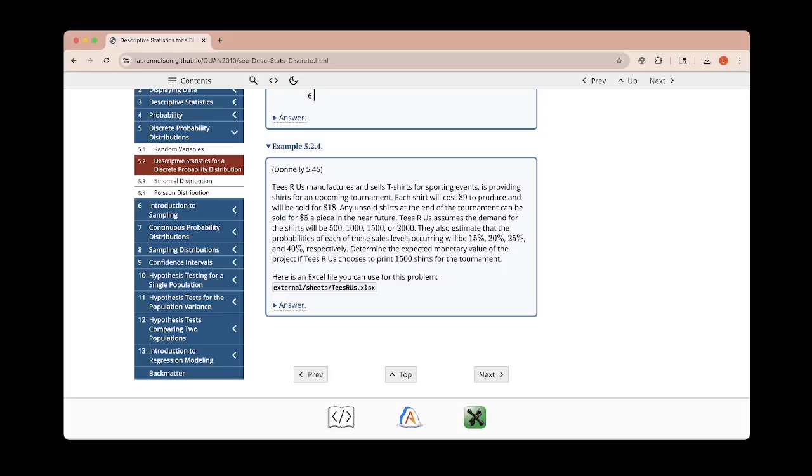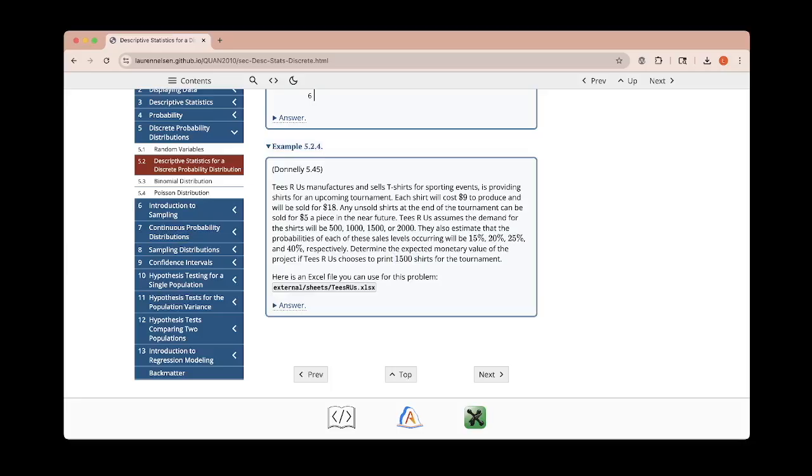And they've also estimated that the probabilities of each of these sales will be 15%, 20%, 25%, or 40%. And we want to determine the expected monetary value of this project if they choose to print 1,500 shirts. And they've given us an Excel file that we can use. So they've already decided we're going to print 1,500 shirts, and we want to find the expected value of this